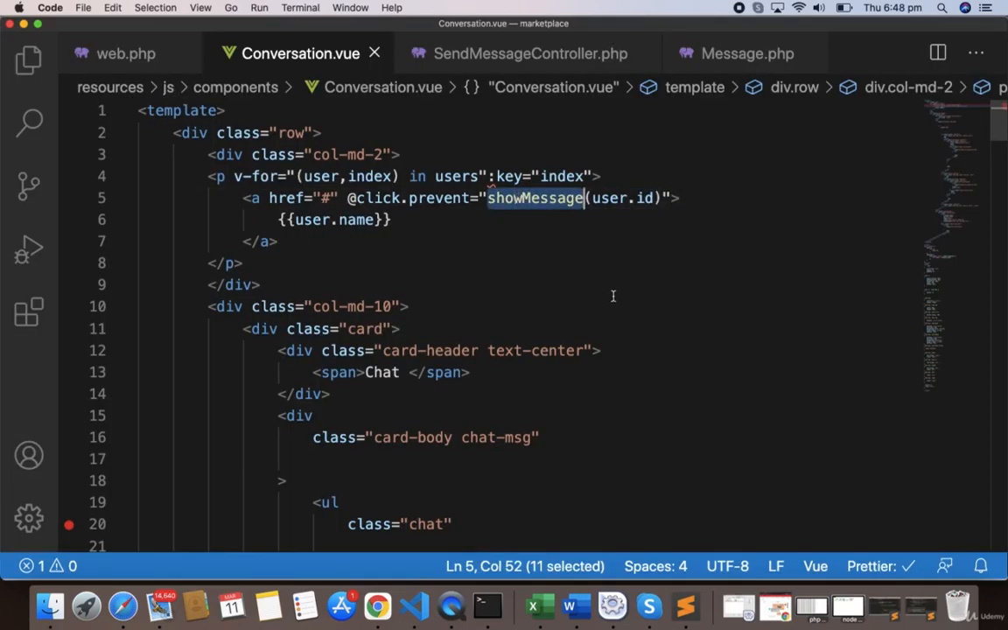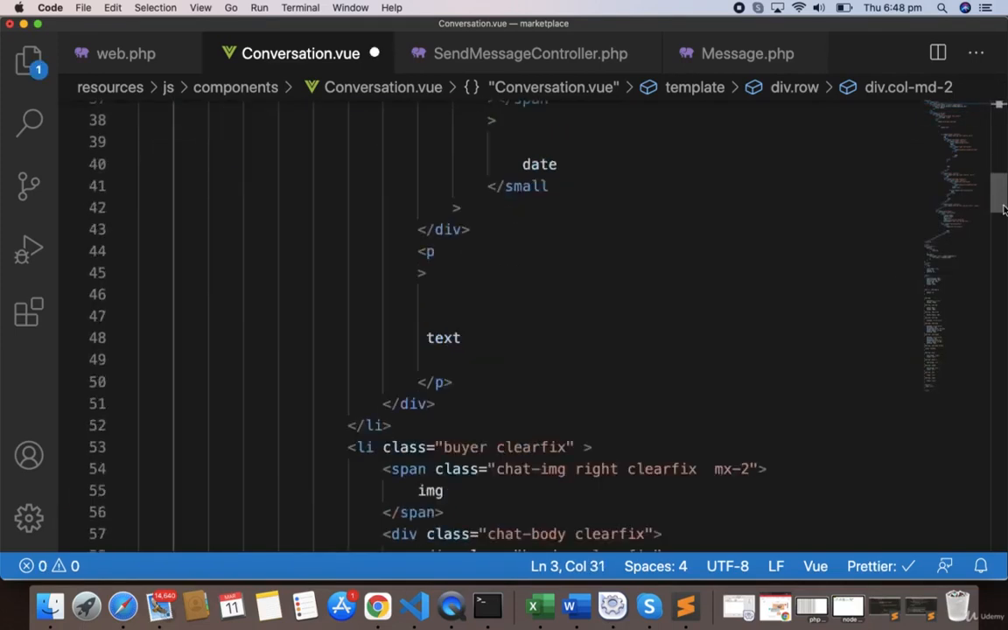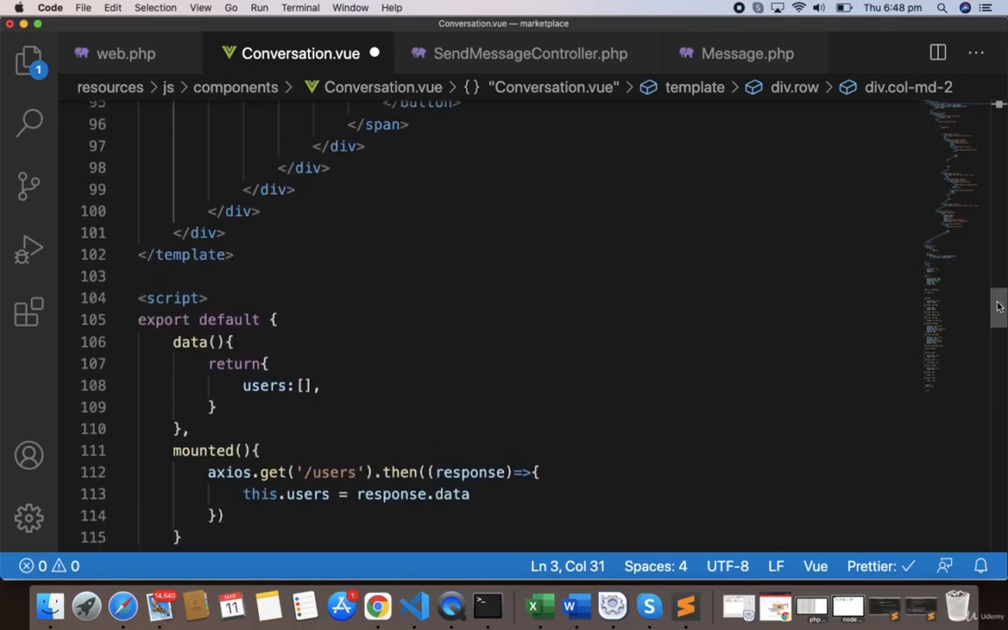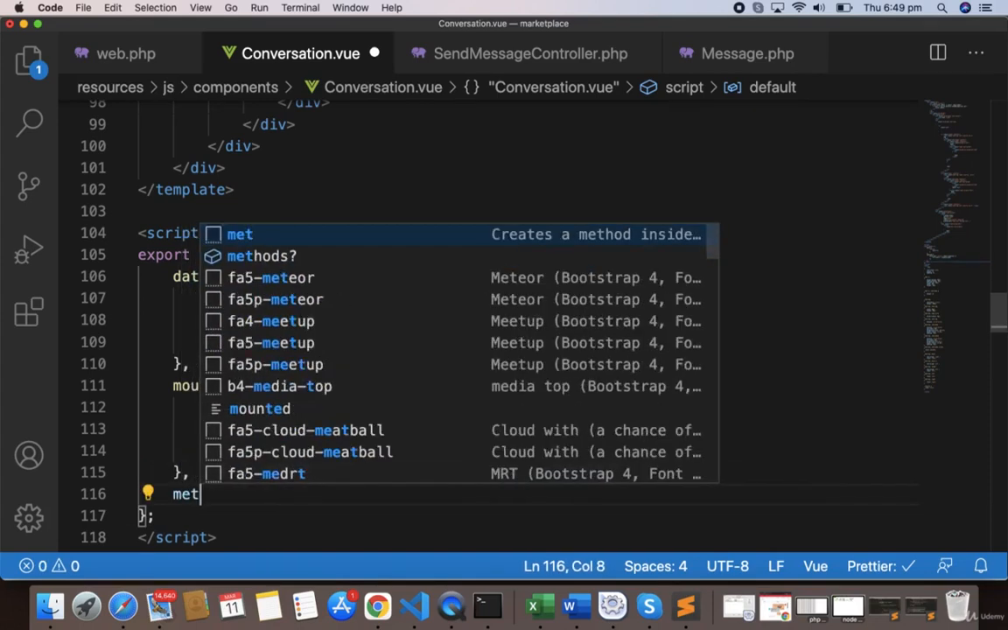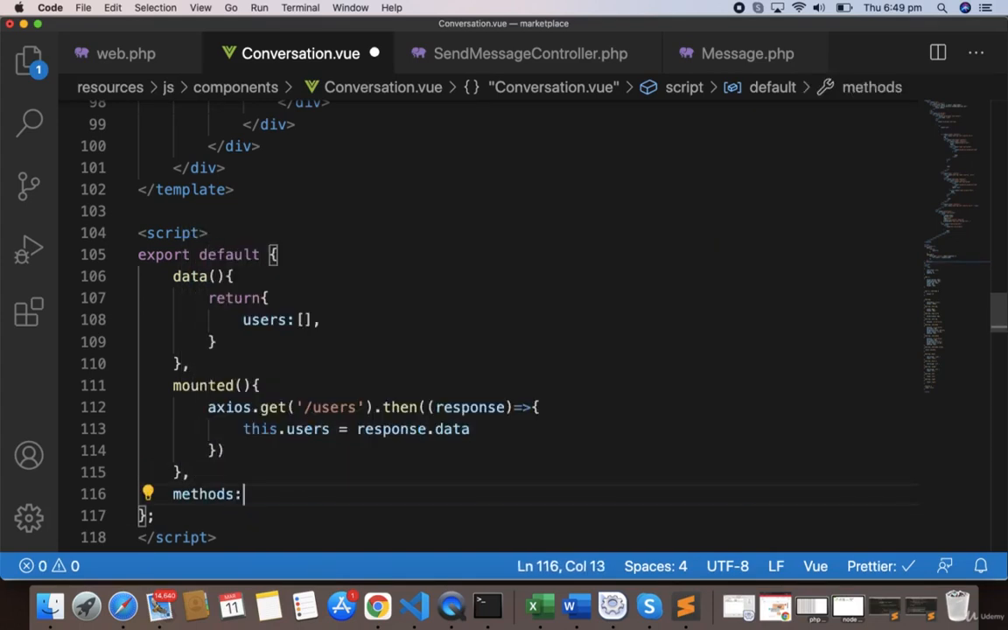And now what I can do here is skip this, and it's fine. Now I have to make a method, so let's make the method. So here is the mounted, and here I can make methods. So a user, and this user will get the ID,